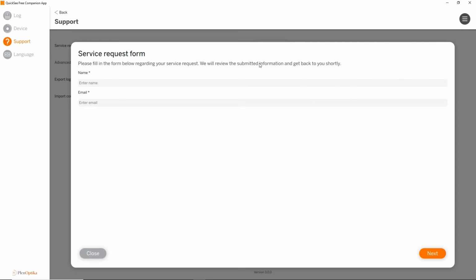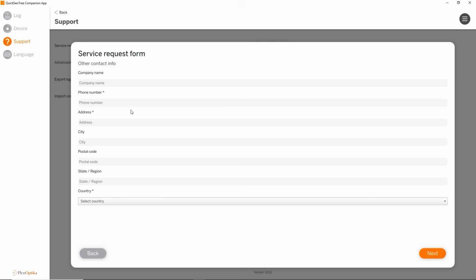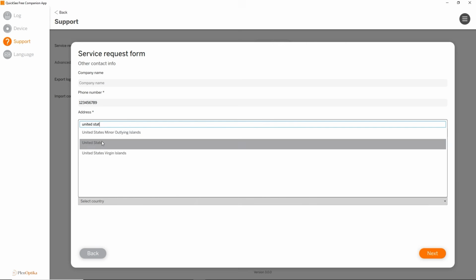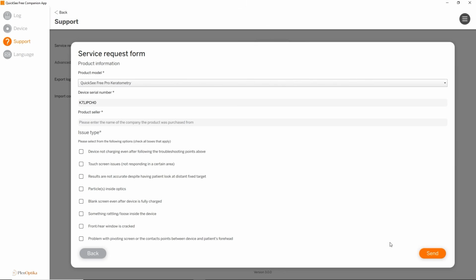Once you click on Service Request, you will be taken to a form similar to the one on our website. Fill in your name and email. Next, you will have to fill your contact information. Click Next, and in this step, you will have to provide some details about your device and the type of